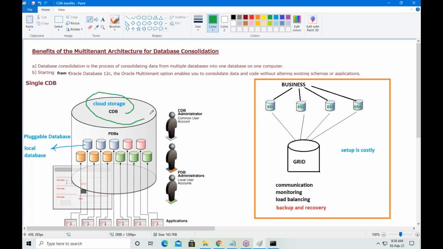This is a big database, and under this we are maintaining small databases. This is called multi-tenancy.